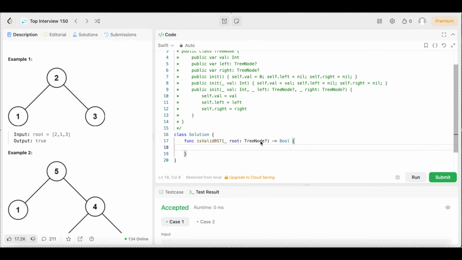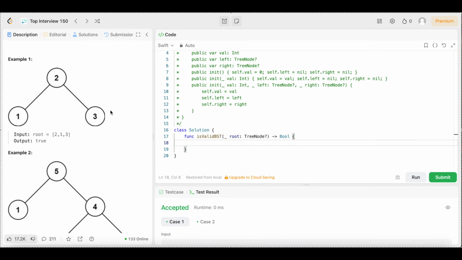And what we are going to do is use an in-order traversal, because the in-order traversal will let us see if one value to the left or the right is greater than the root node, right? Because with the in-order traversal, first we traverse the left subtree, then we traverse the root, and then we traverse the right subtree. So if we did an in-order traversal of this example 1 binary search tree,